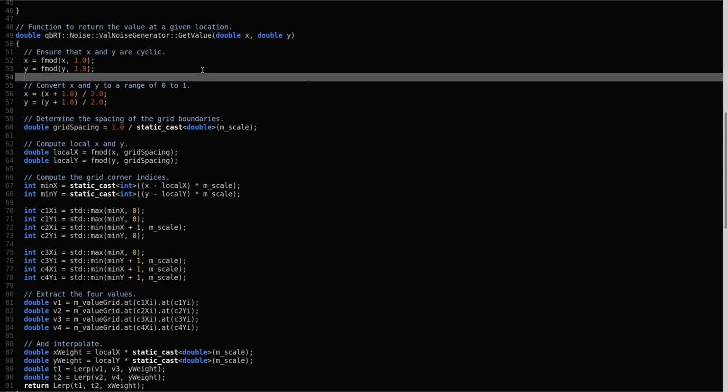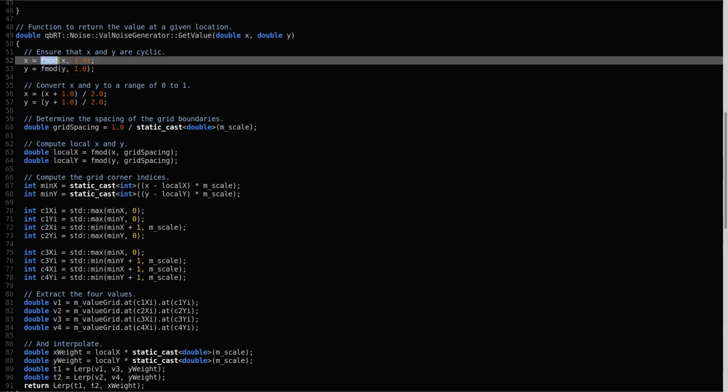If you put in a value greater than 1, it's going to go back to being somewhere between 0 and 1, so you get a cyclic pattern. We do that using the floating point modulo operator. Really easy. And we then convert x and y to a range of 0 to 1, just to make absolutely sure, because these will be between -1 and 1. So that's important. X and y, or u and v, vary between -1 and 1 in the coordinate system